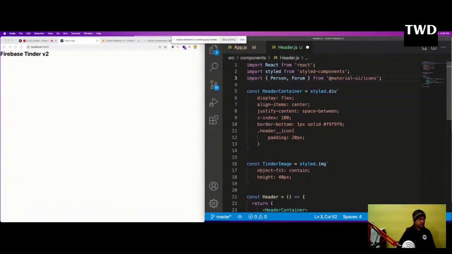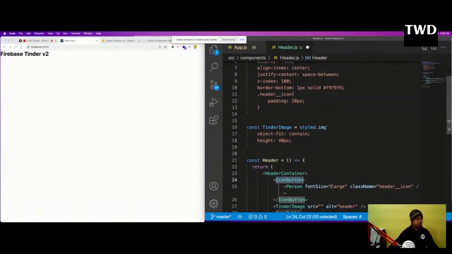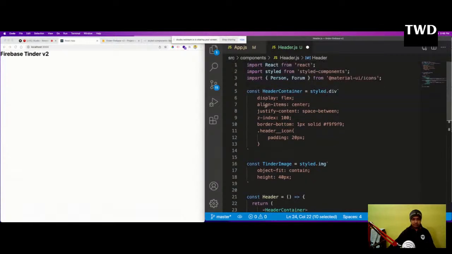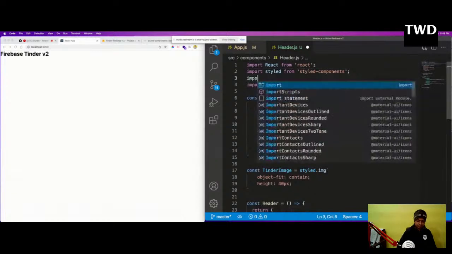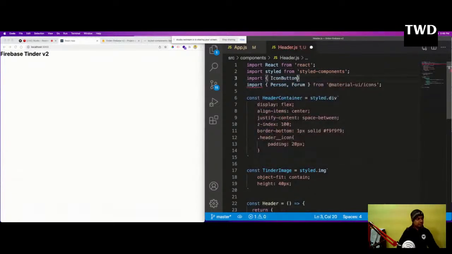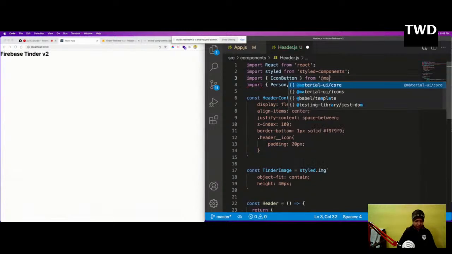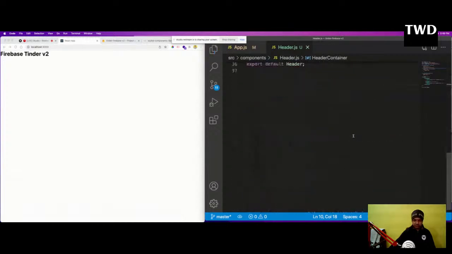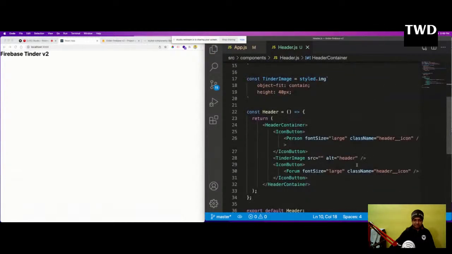And the next thing which I'm going to have is this. So this is enough, and I want to have another thing which is this icon button is also there. Okay, so icon button I also have to do. So import IconButton from @material-ui/core. Save it. So that is done, and